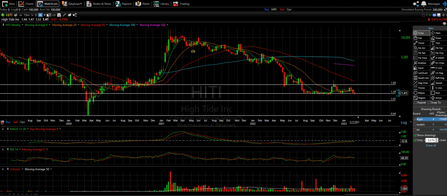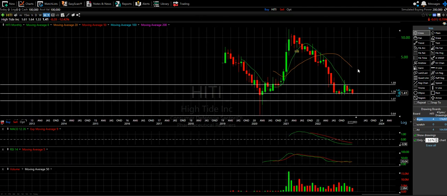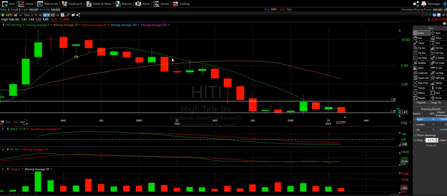Let's look at the monthly here real quick. What's your monthly look like? Man, because see, look, well under the 8. Okay, let's do it this way. Loses the 8, tries to break it here, clearly goes down, tries to go up, actually is on it. It kind of looks like if your monthly isn't good, your weekly can't be good. If your weekly's bad, your daily's going to be horrible, right? So